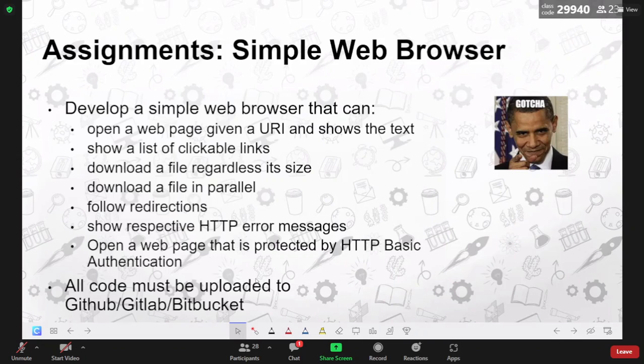And then all code again must be uploaded to GitHub, GitLab, or Bitbucket. I will ask each group to submit the URL of their repository, and then, what else? Oh yeah, if you need some information about all of this, the suggestion that I can say is